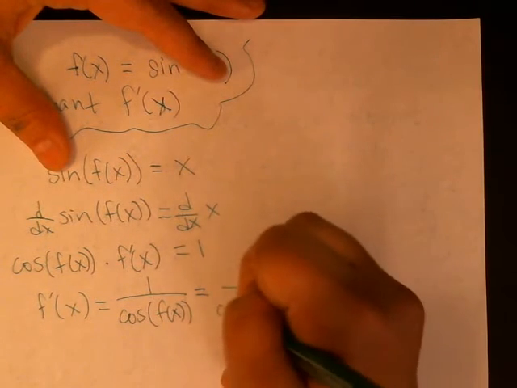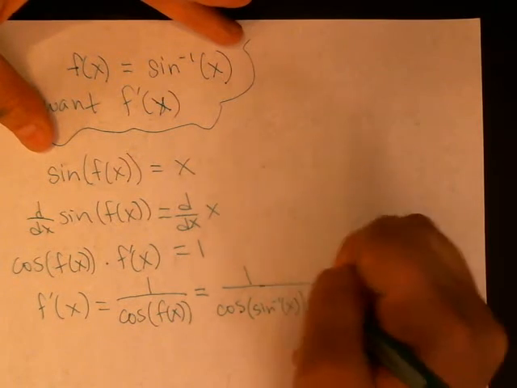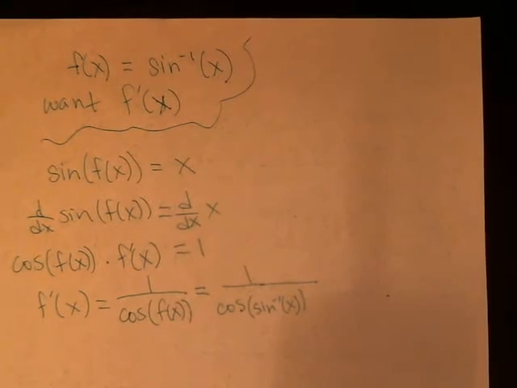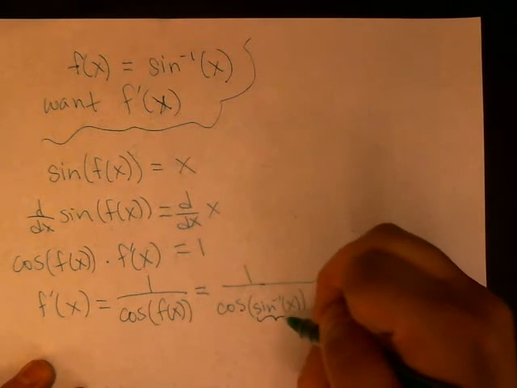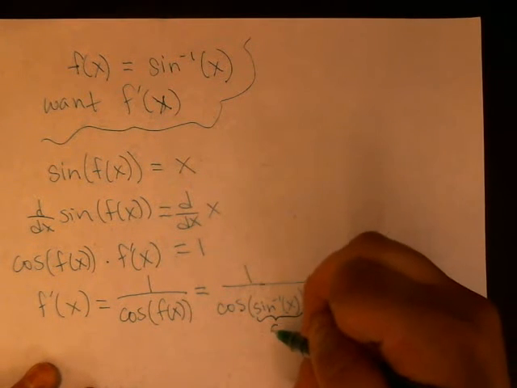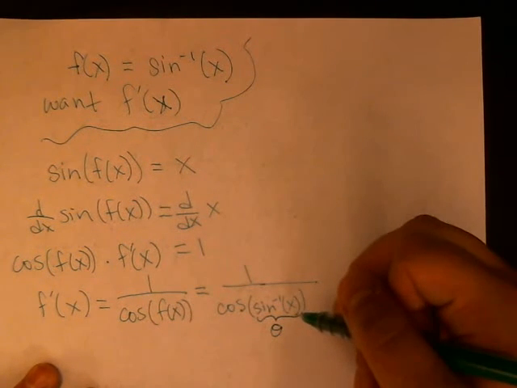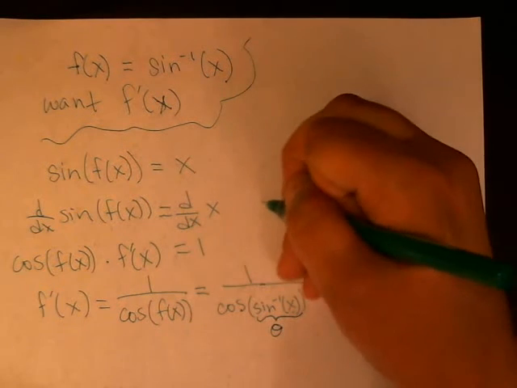We get 1 over cosine of inverse sine of x. And that is not quite as trivial to simplify as last time. Some people would want to just quit here, but if we remember our trig well enough, it does simplify really nicely. You can write that without any trig functions, but we have to remember some triangle stuff. Inverse sine of x represents the angle theta for which sine is equal to x. Sine is opposite over hypotenuse, so we want opposite over hypotenuse to equal x